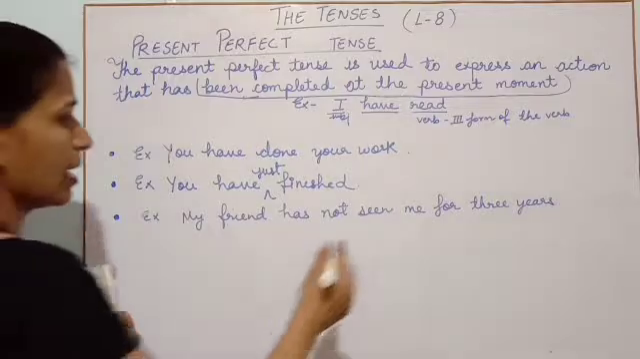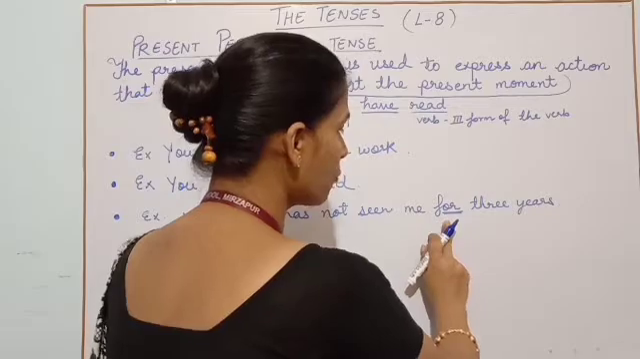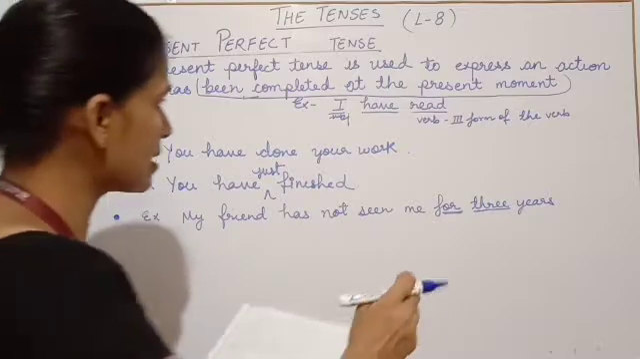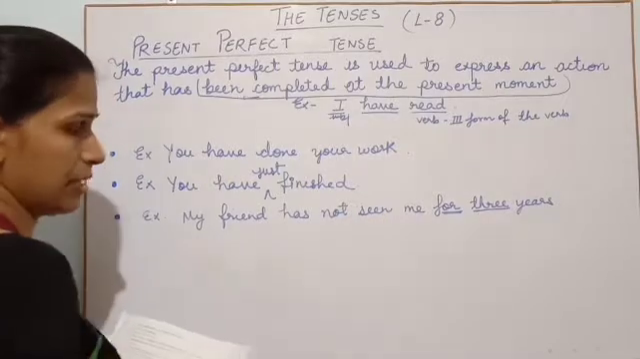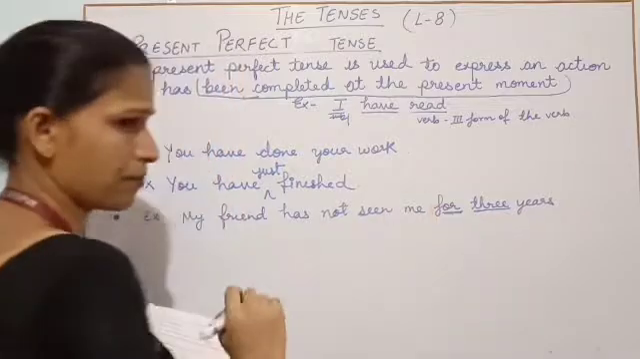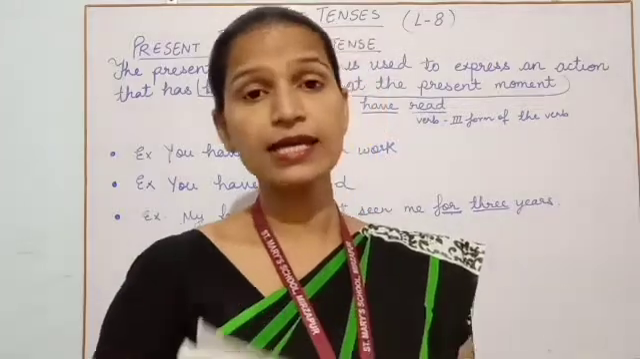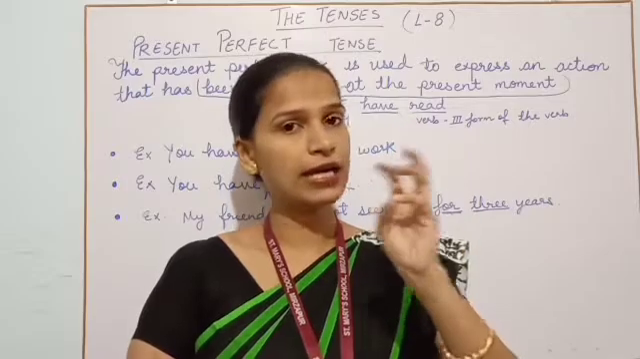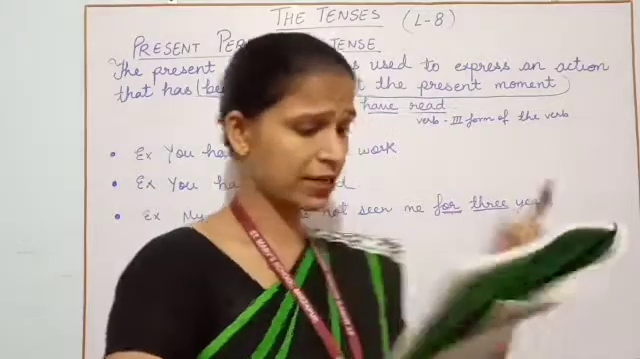Now you can see we have for here. I have told you we use it to indicate numbers. Now see, this is 3. That means for 3 years my friend has not seen me. For indicating number I have used for, as I told you just now. But for indicating time, days or dates, remember, what do we use? We use since. Like, if I give one example,